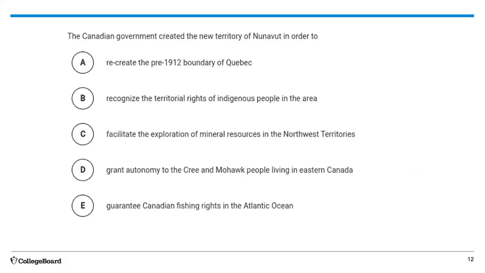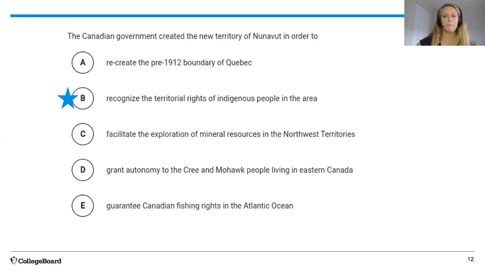Let's practice this with a multiple choice example. So in this question, it says the Canadian government created a new territory of Nunavut in order to. So this is considered in this part of the unit because that territory was a devolutionary pressure, giving them more autonomy. So they did this in order to recognize the territorial rights of the indigenous people in the area,